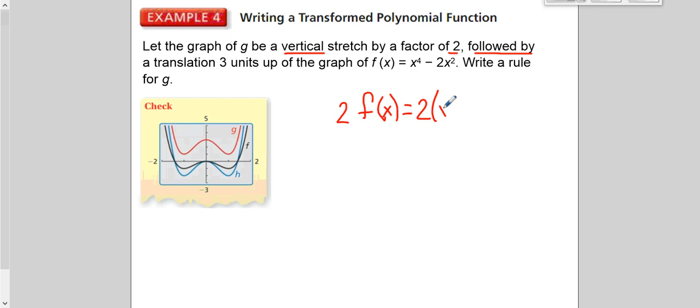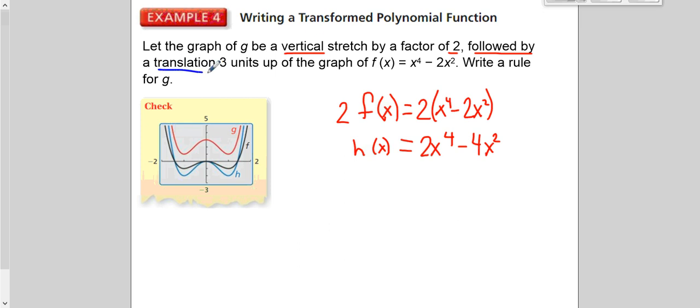So 2 times the function and simplify it. This is our new function. They want our final answer to be g, and we've already used f, so we'll call this h of x. And that's what they did on the graph too, so we'll just follow along with what they did. So we have 2x to the 4th minus 4x squared. Then it says,